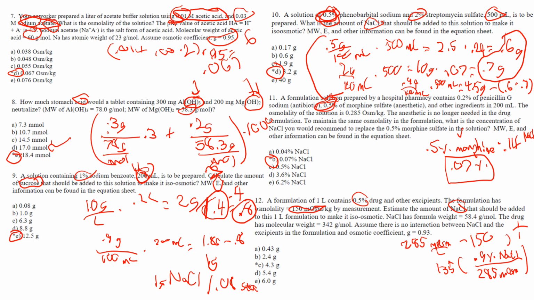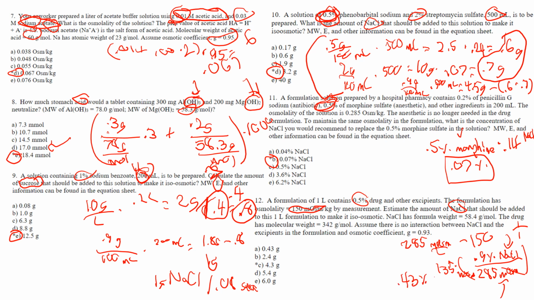Because these values are both equal to isoosmolar. They would cancel each other if we converted these to grams per milliliter, grams per mole, whatever we needed to do, this cancels to 1. So it's essentially just a fraction, but we can cancel our units here with milliosmoles to find out what percent of sodium we need. So these cancel. And then when we do this multiplication of 135 times 0.9 over 285, we get a value of